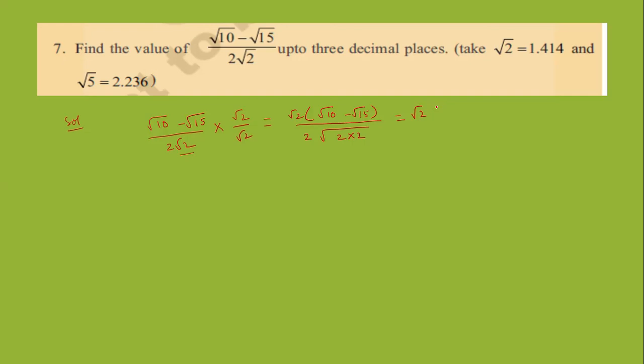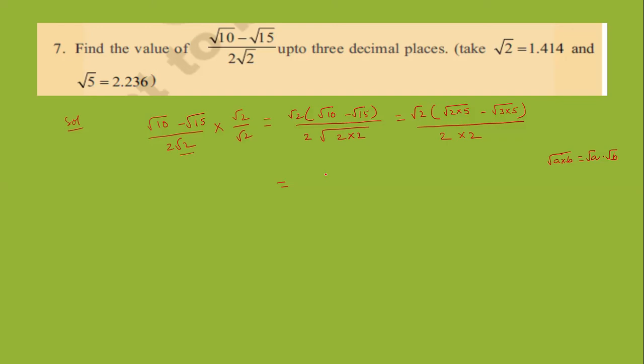We may do that in the second step. Next step, root 2 you write without any change. Root 10 you may write as root 2 into 5, and the second term root 15 may be written as root 3 into 5. Now you write in the denominator 2 into 2. There are two equal factors. Then you take only one. Now you get in the numerator part, you may observe what is in the brackets. Root 2 into root 5, root 3 into root 5. Already you know it, root of a into b is that.